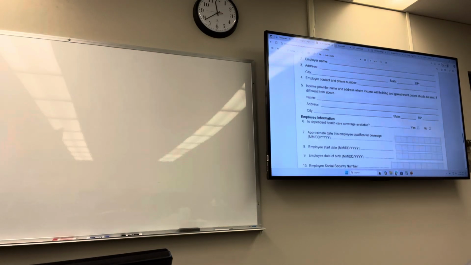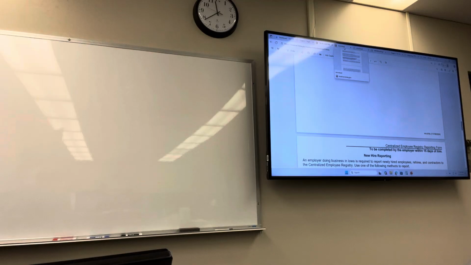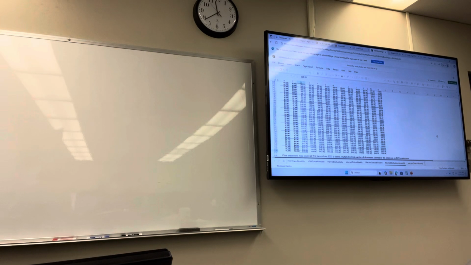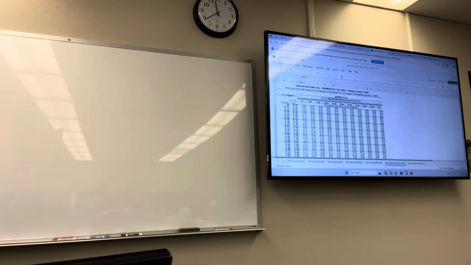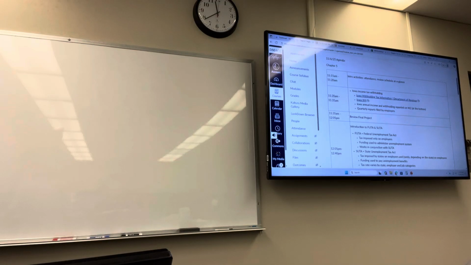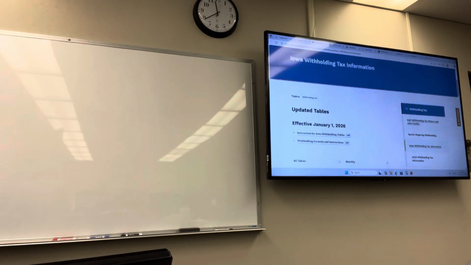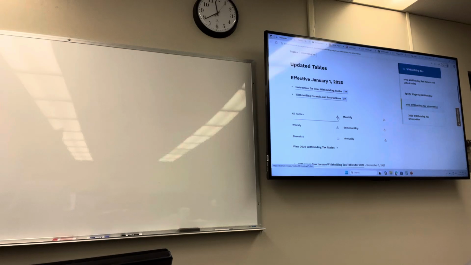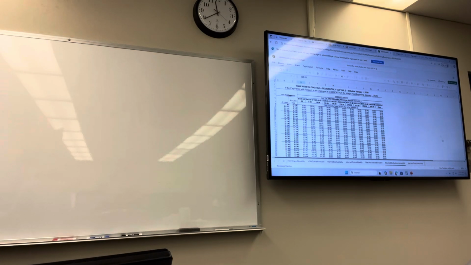So that's it. That's the W-4 for Iowa. The calculation, it's a little weird. So first off, Iowa does have tables. If you go to the Iowa Department of Revenue website, and I've got a link in the agenda here to this site, you can download all the tables, or you can download based on the pay frequency. All the tables obviously have all of them. And then instructions as well are listed here and here. I've already downloaded them, so that's what these are.